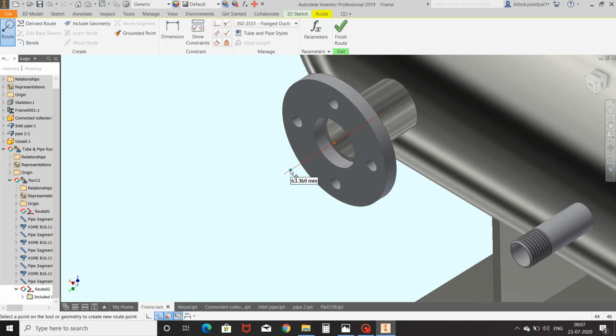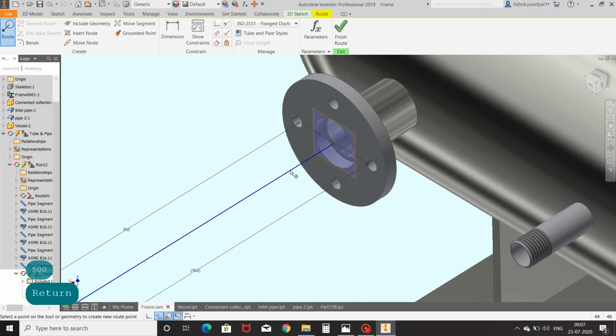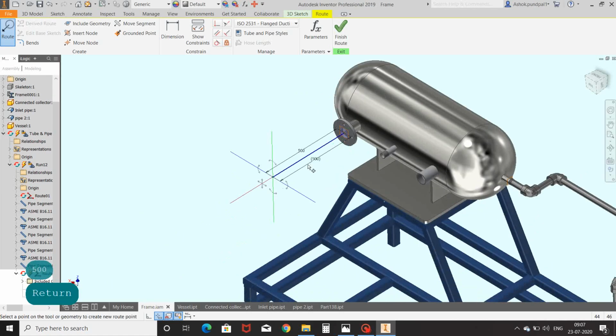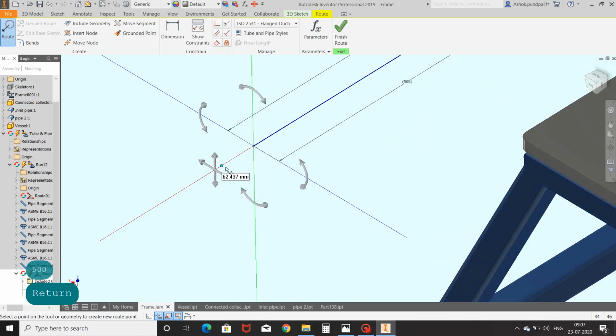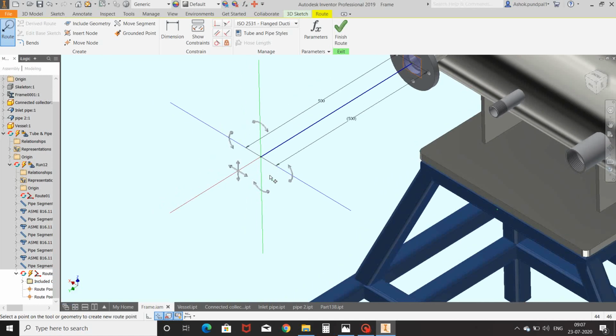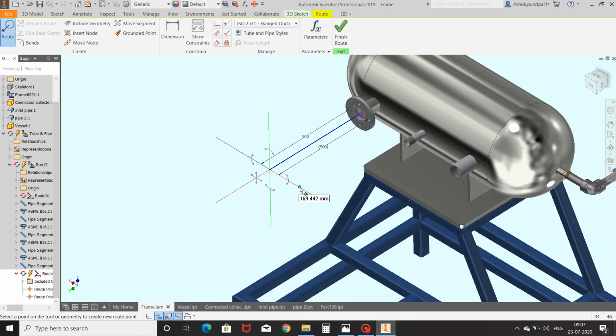For that, you just have to keep your cursor on the line and give distance. You can see multiple arrows to set the direction. You can click on the arrow to change the direction of a route. Here I am clicking on this arrow and giving distance.